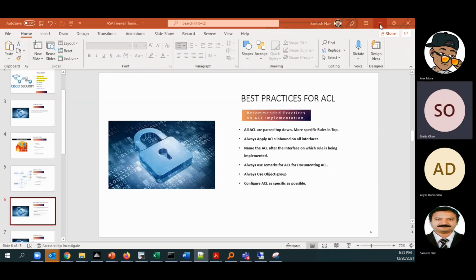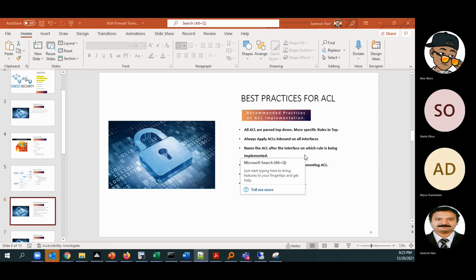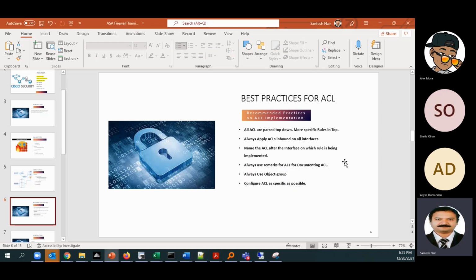Clear. Yes. Okay. Next one is to name the access list. We can give it any name, but if you see all our access lists, we have named them after the interface, right? Outside access in means that it is implemented on the outside interface in the in direction. We have to make it meaningful. Don't just name it Santosh access, nothing like that.